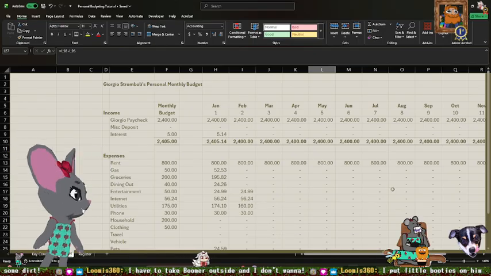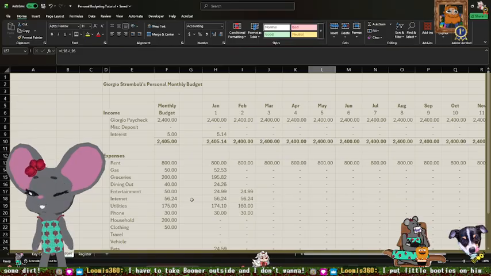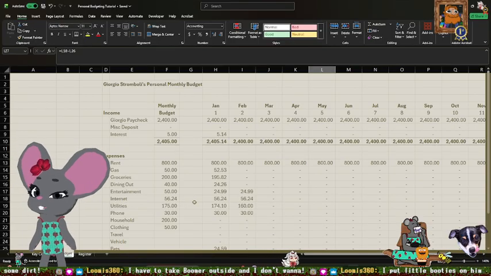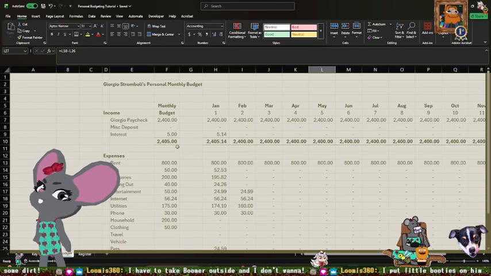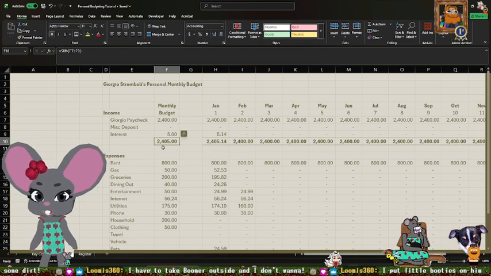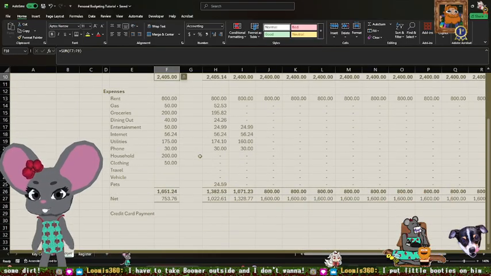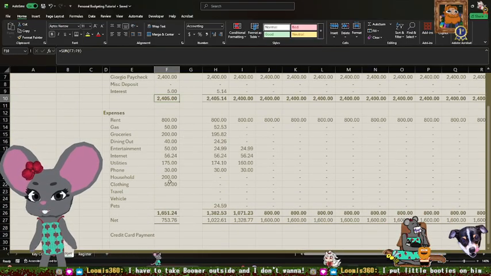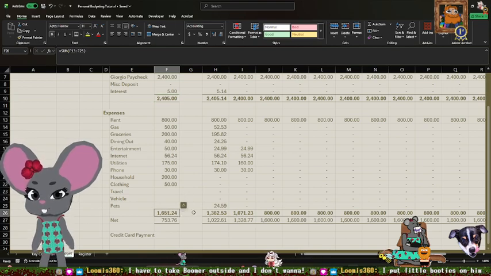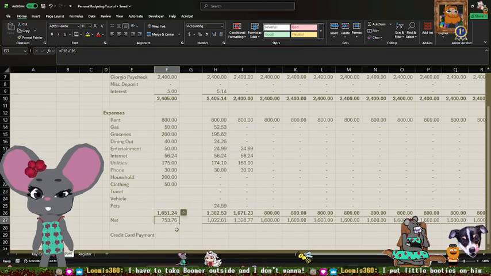Let's see. We also want to make a plan for saving money. So if we make on average $2,400 a month, and we expect our expenses to be roughly $1,600 a month, that leaves us with a net of $750 a month.